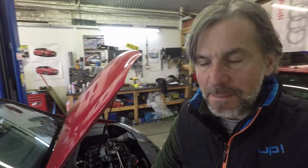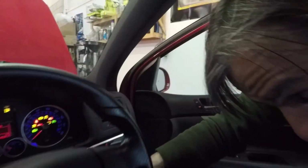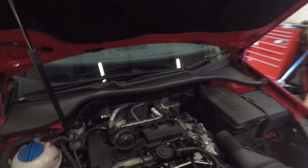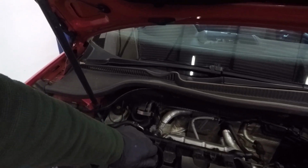We can run it without the MAF connected, although it won't run very well anyway, but it will still prove the points. So let me just start the engine. Okay, so that's running. Now when the valve fails, if you undo the oil filler cap, which normally isn't too much of a big deal to be honest when the engine's running,